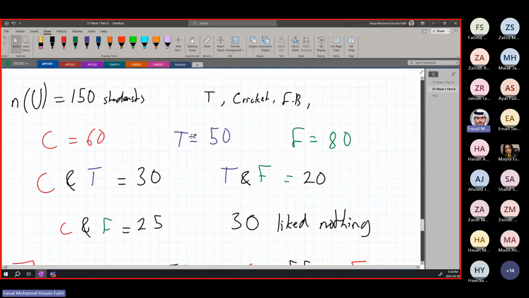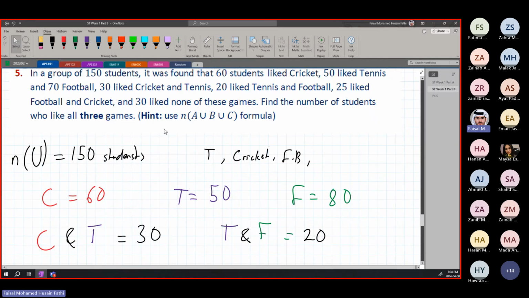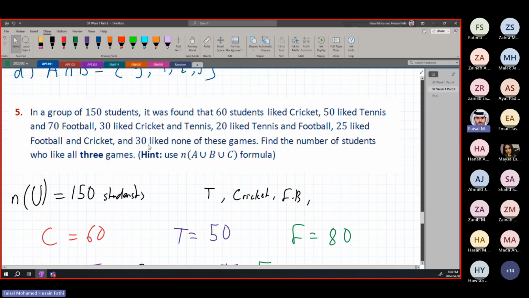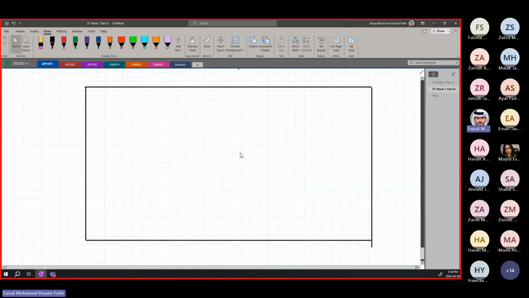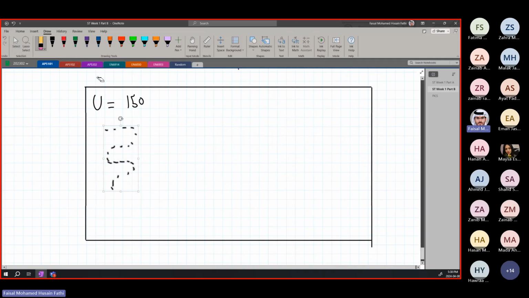We now have 3 situations. We have students that like football, students that like tennis, and students that like cricket. Actually we have more than 3. We also have the students that like nothing. But we know that there's a group of 150 students. Let's call this U, which is 150 students. Meaning there's 150 numbers throughout this. If we had dots, there would be 150 dots throughout all of this. If we wanted to number them, we have from student number 1 to student number 150 throughout this entire block of paper that we see here.